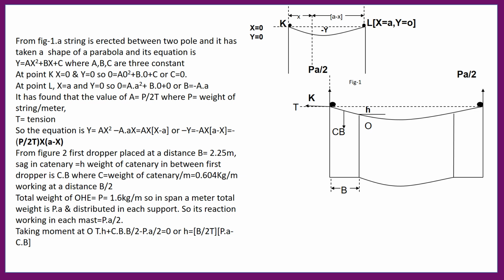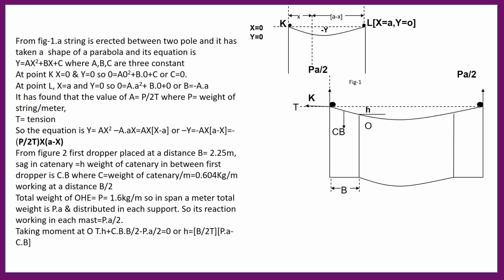So at that time, we can find out the value of b is equal to minus capital A into small a. Small a is the span, and the value of capital A is given by